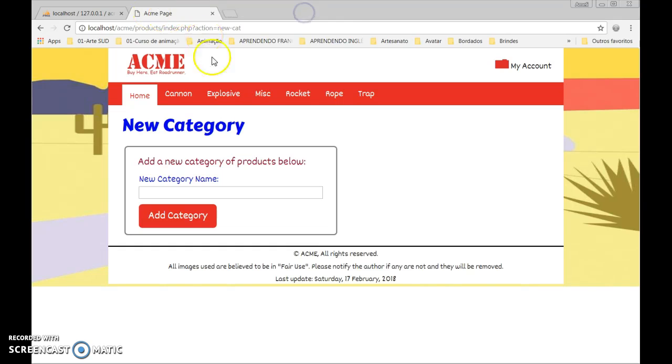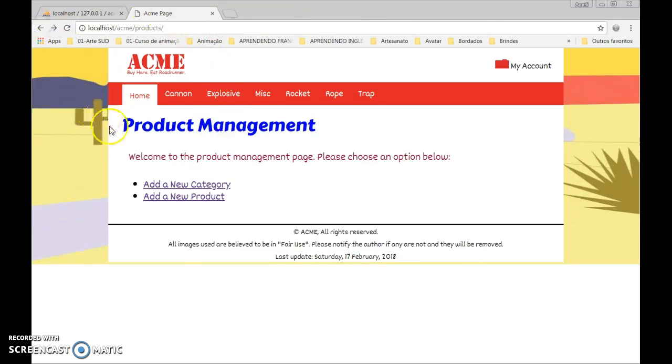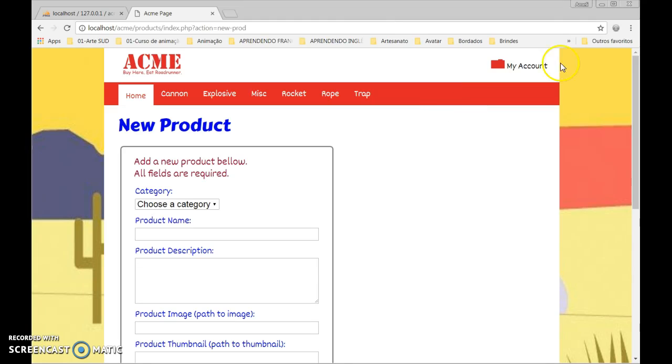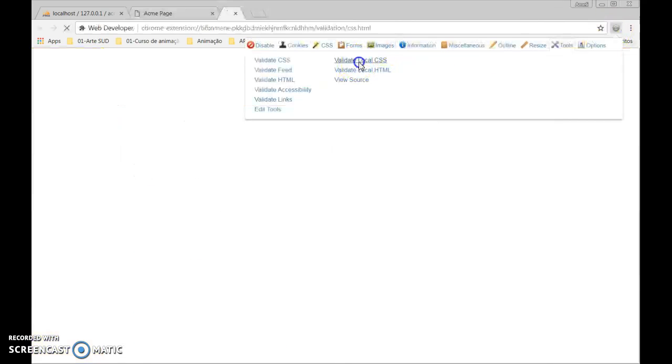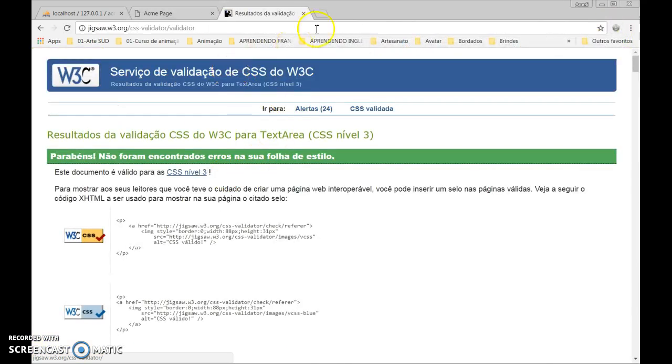Okay, and on the new product page, CSS, okay,